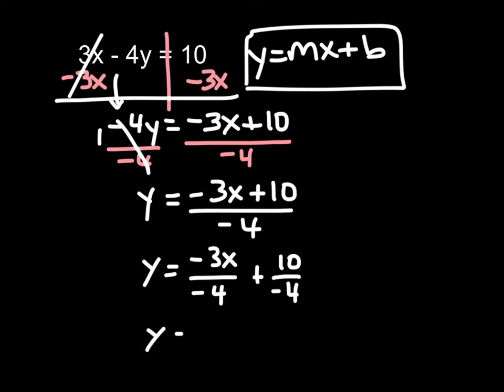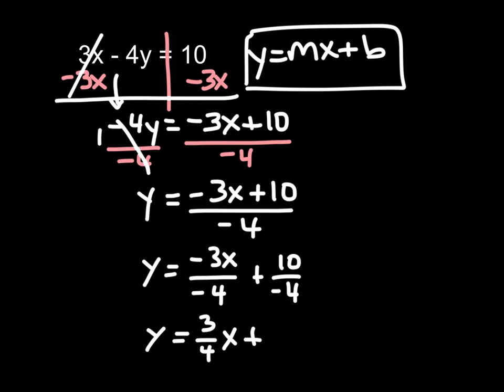So we have y equals, now, remember what negative divided by a negative is? It's a positive. So we've got positive, and now we can bring that 3/4 to the front and put the x after it. So we have 3/4 x plus,